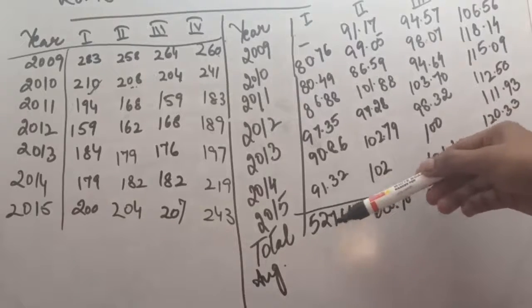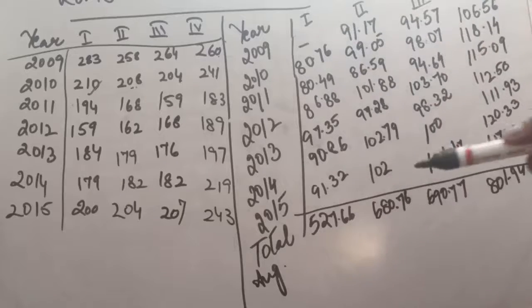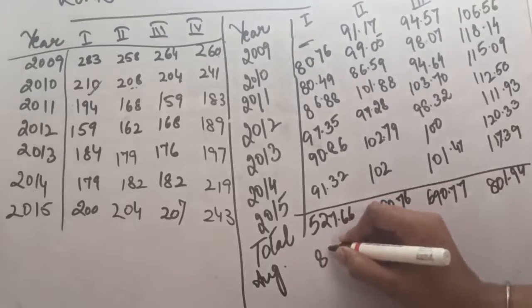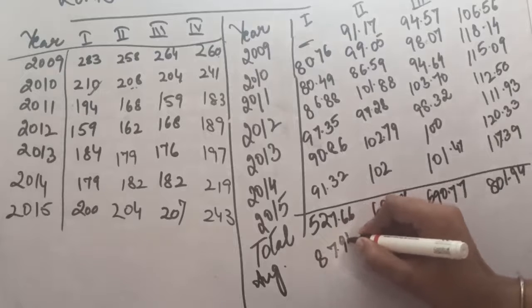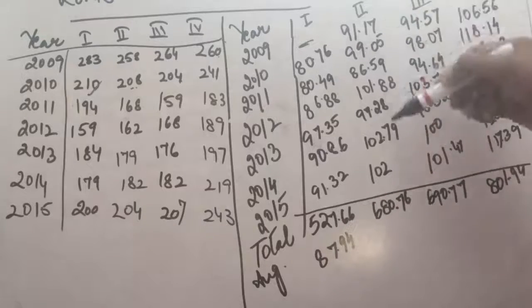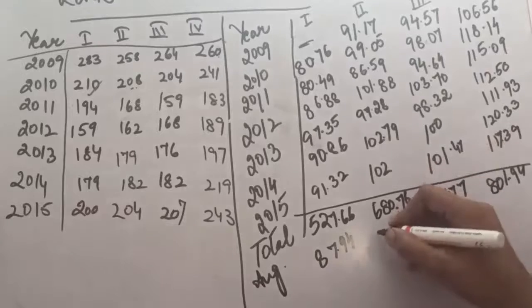When we divide 527, it will be divided by 6, because in the first quarter there are no values. So we will divide it by 6, and the average will be 87.94. But when we come to the second quarter, at that time we have 7 values present. So 680 point something will be divided by 7. So it will be